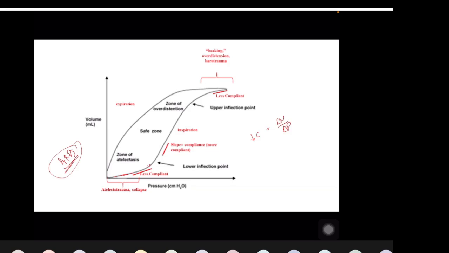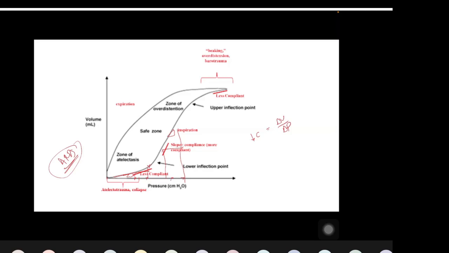But once a critical point has been attained, which is known as the lower inflection point, rapid alveolar recruitment or alveolar distension occurs. So the curve will rise. Here we can see the slope is more acute. Here the slope was less acute, but here the slope becomes more acute. That means compliance is much higher. Earlier, for a given pressure, the volume generated was much less, but for the same amount of pressure, we can see a drastic increase in volume that we can produce. So this portion is the most